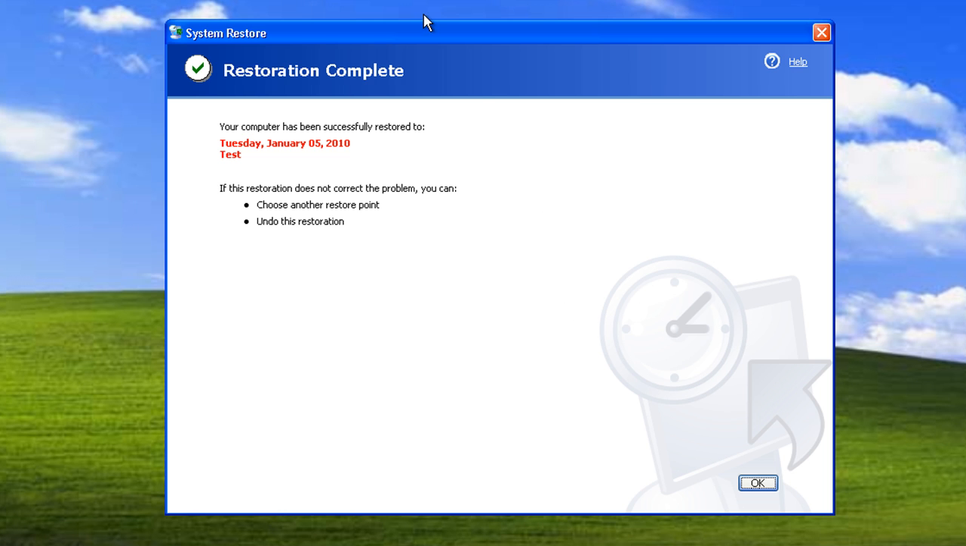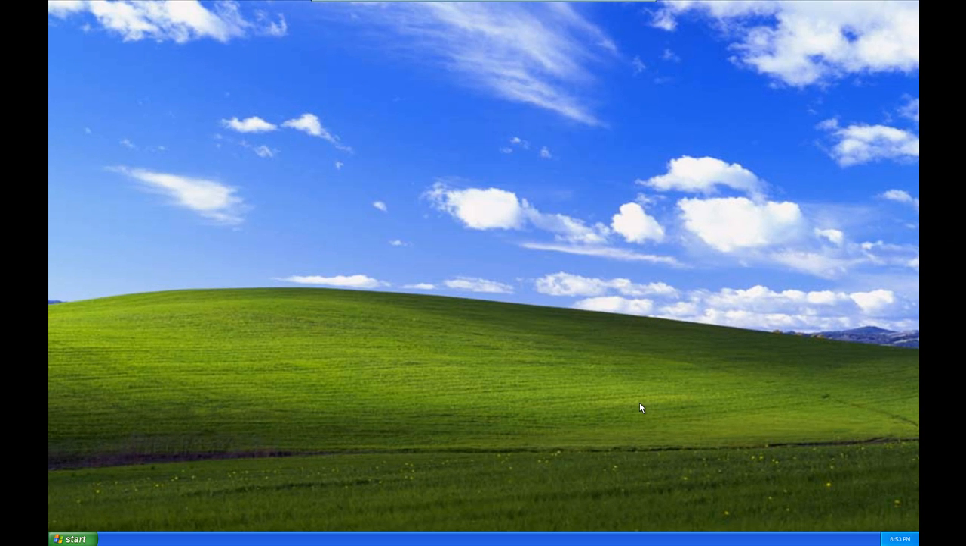Okay, now that the system is rebooted, we see that the computer has been successfully restored to the earlier time and the restore point that we've just created. And again, this will now say if this restoration doesn't correct the problem, you can choose another restore point, or we can undo this restoration. So if we click on OK,